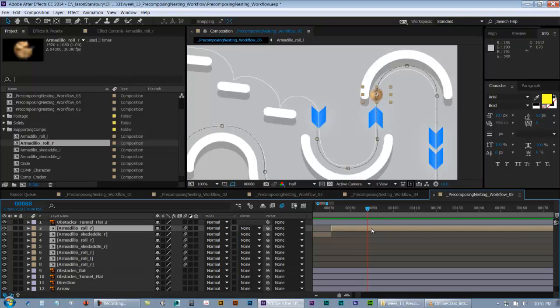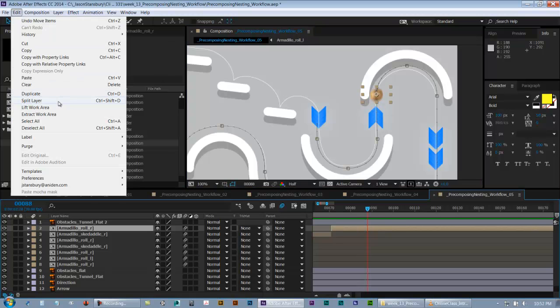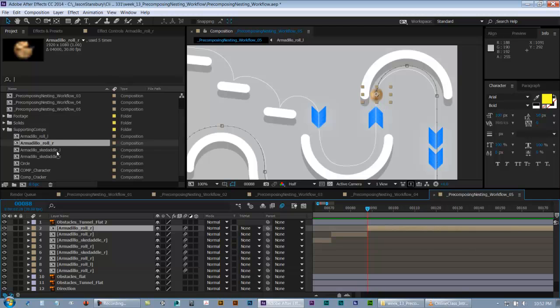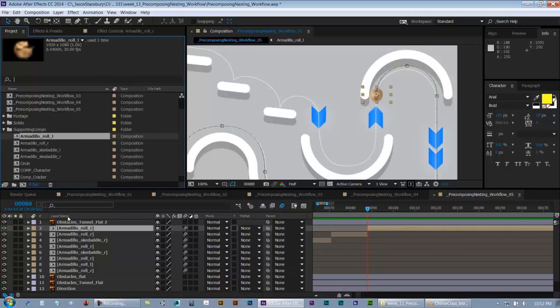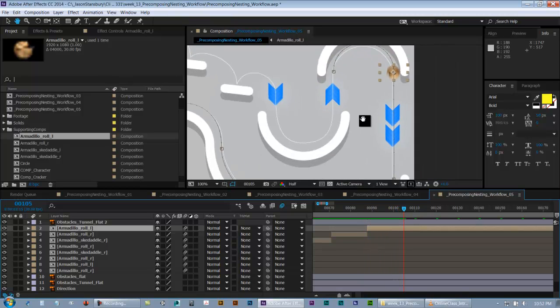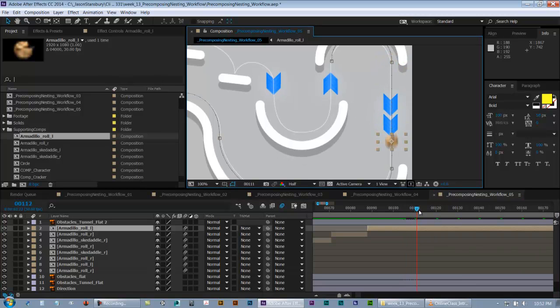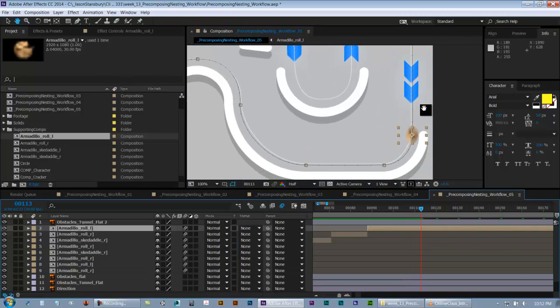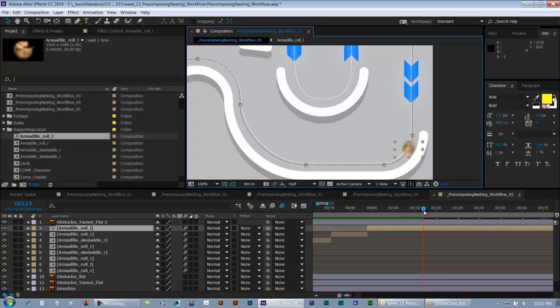And starting right here, you just split the layer and then roll left because he's rolling right, and then when he gets to this point he needs to roll left around this loop. And you can roll left all the way down, still rolling left,